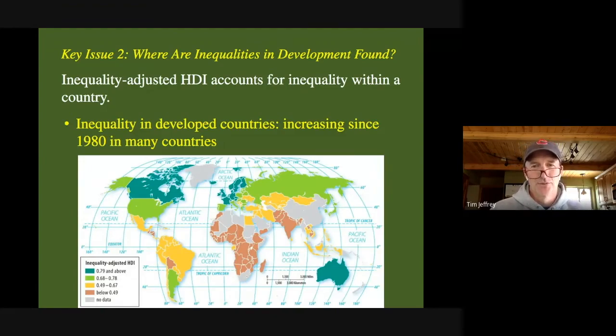Key issues: where inequalities in development are found. This is what I was alluding to earlier. And it's not just inequalities around the world, around the globe, but it's also inequalities